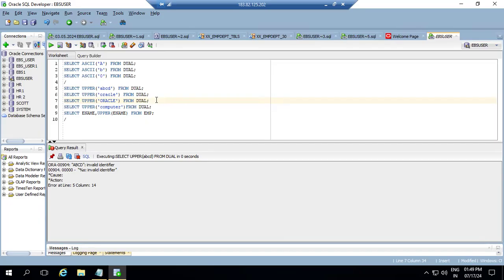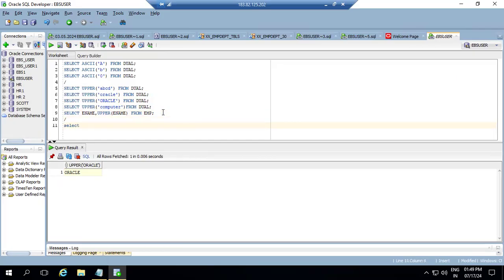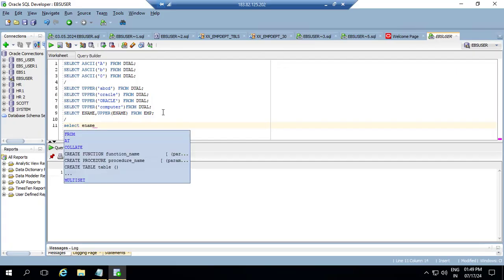The output will be same. Capital only. Capital, same no doubt. It will be same only, right? So we are going to take it from our EMP table. In our EMP table, we are having one column like ename over here. Okay. In our ename column, if it is